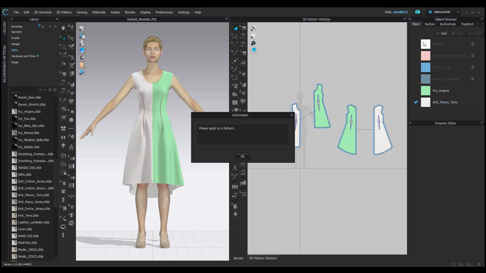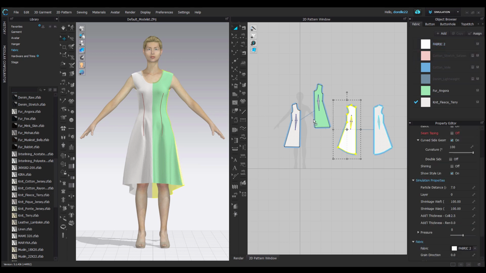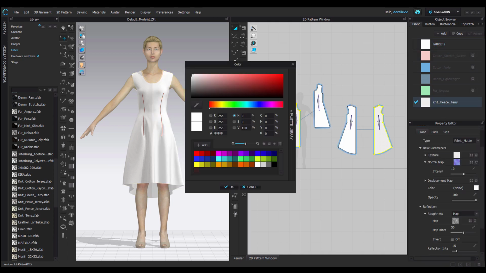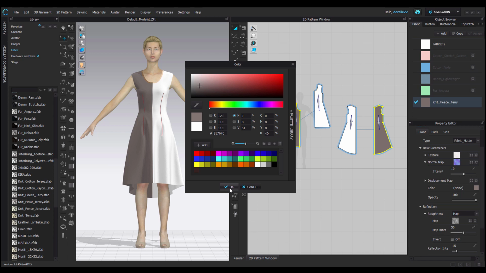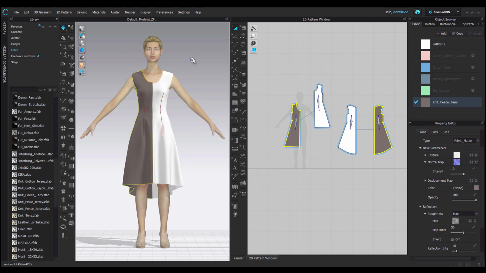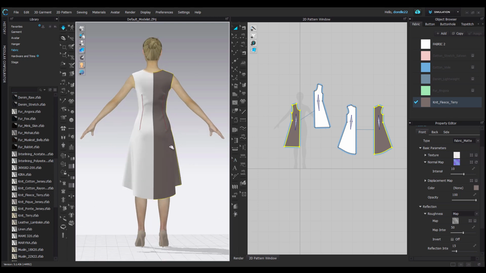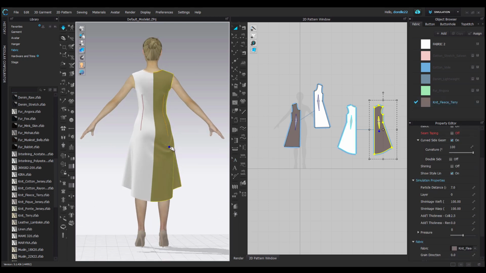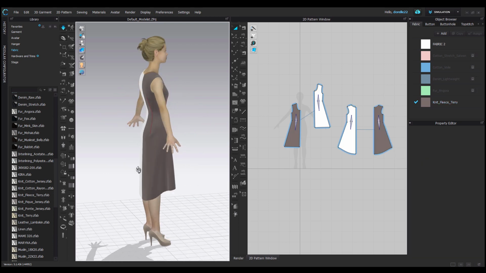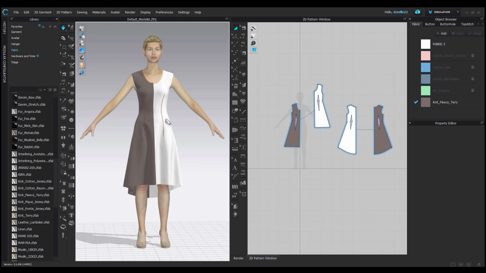Some of the things you can do is switch things around. You can switch your normal maps. You can add fabric textures in your fabric type. There's a drop down menu where you can add or change the type of fabric. You can add different maps for different types of fabric.